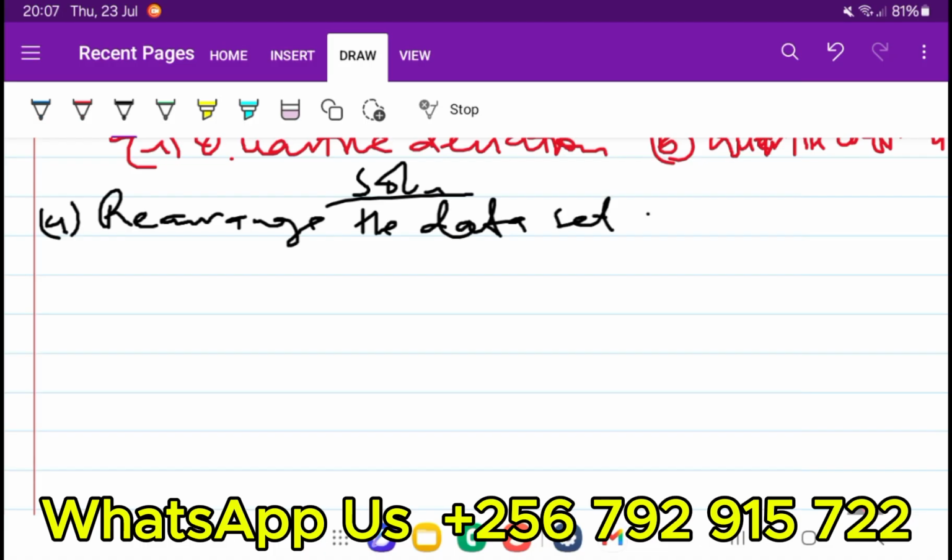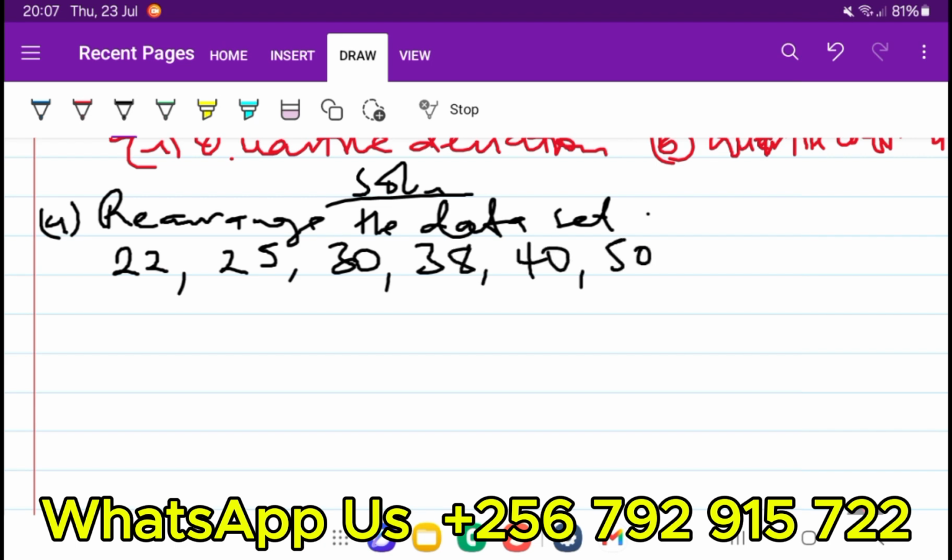So if you look at the data, the smallest value is 22, 25, 30, 38, 40, 50, and then 60. There are 7 values. So our n is equal to 7. So the position